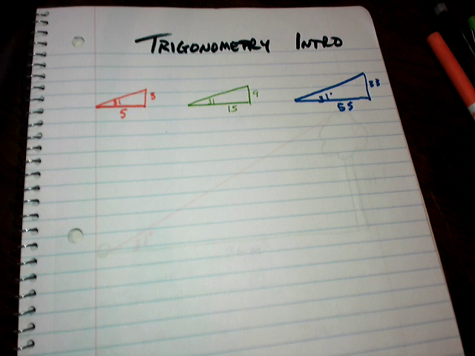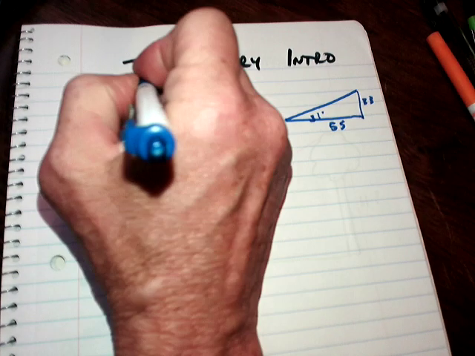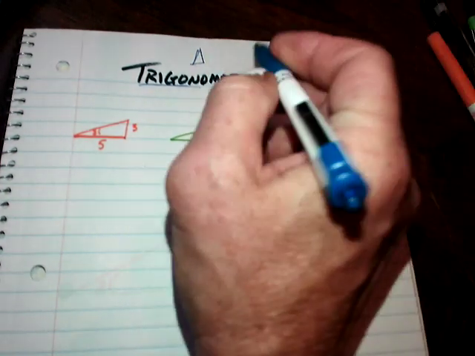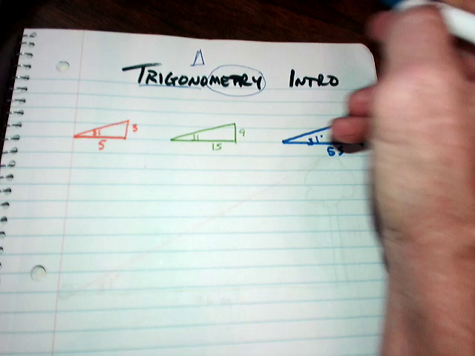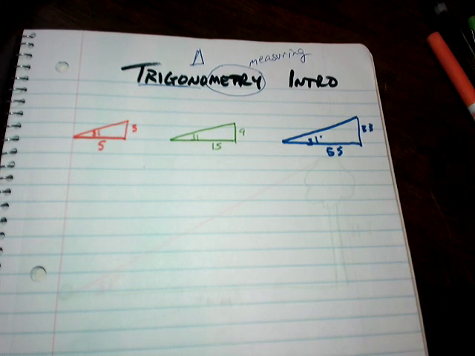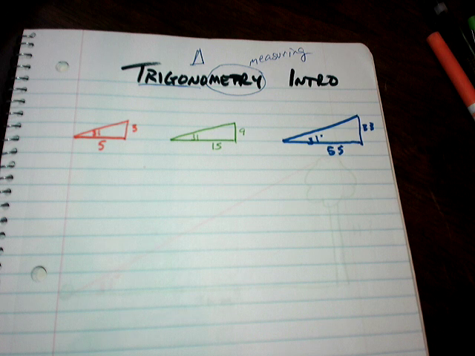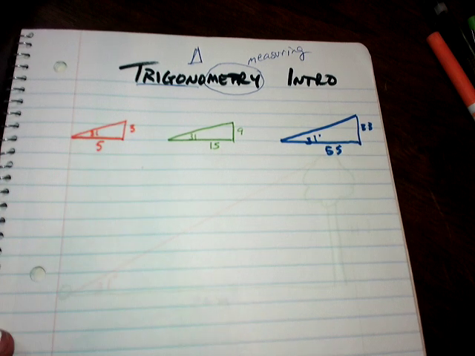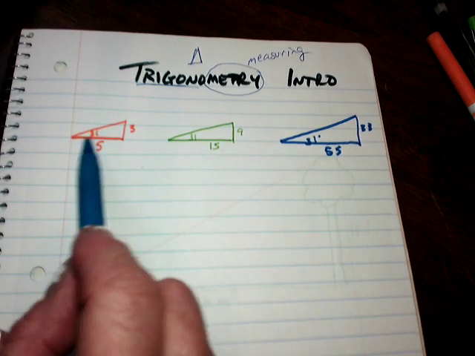I'm just going to talk really quickly about the word trigonometry. Trigon, obviously, is for triangles, and metry is for measuring. Those are Latin roots, so we know what we're talking about: measuring triangles. This is something that mathematicians figured out really early on, this idea that if we have similar triangles, here's a